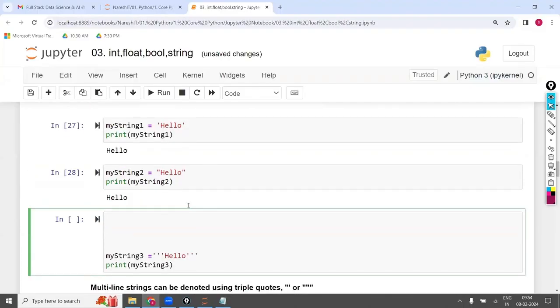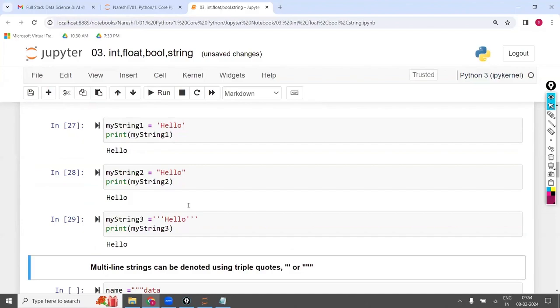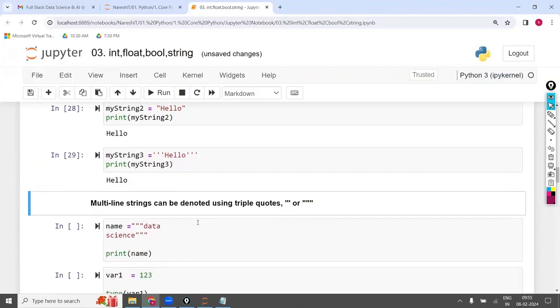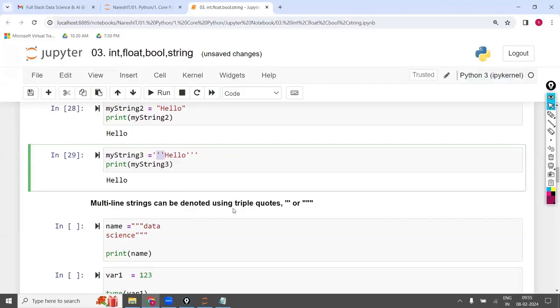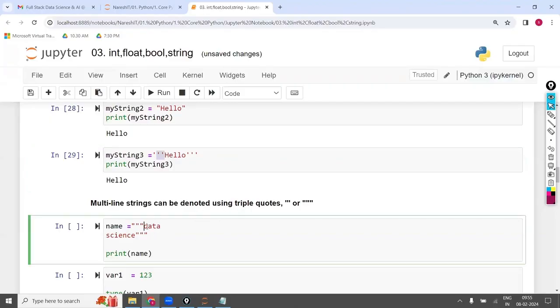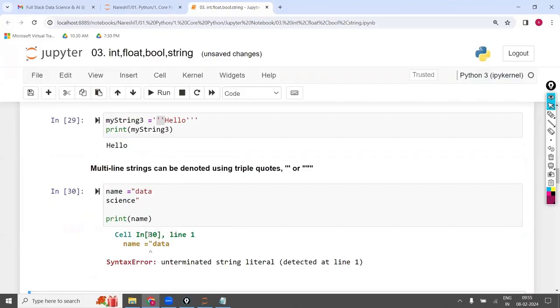Now here I'm going to use the triple quote. So whether you are using hello in the single quote or double quote or triple quote, there is no difference. Everything is same. If you are having a one-line string, no difference. But when you are having a multi-line string, where the string starts from this line and ends in the second line, in that case, compulsorily you have to use the triple quote only. Mandate. You can't go with this one. For example, you are writing like this. In this case, it will throw the syntax error.